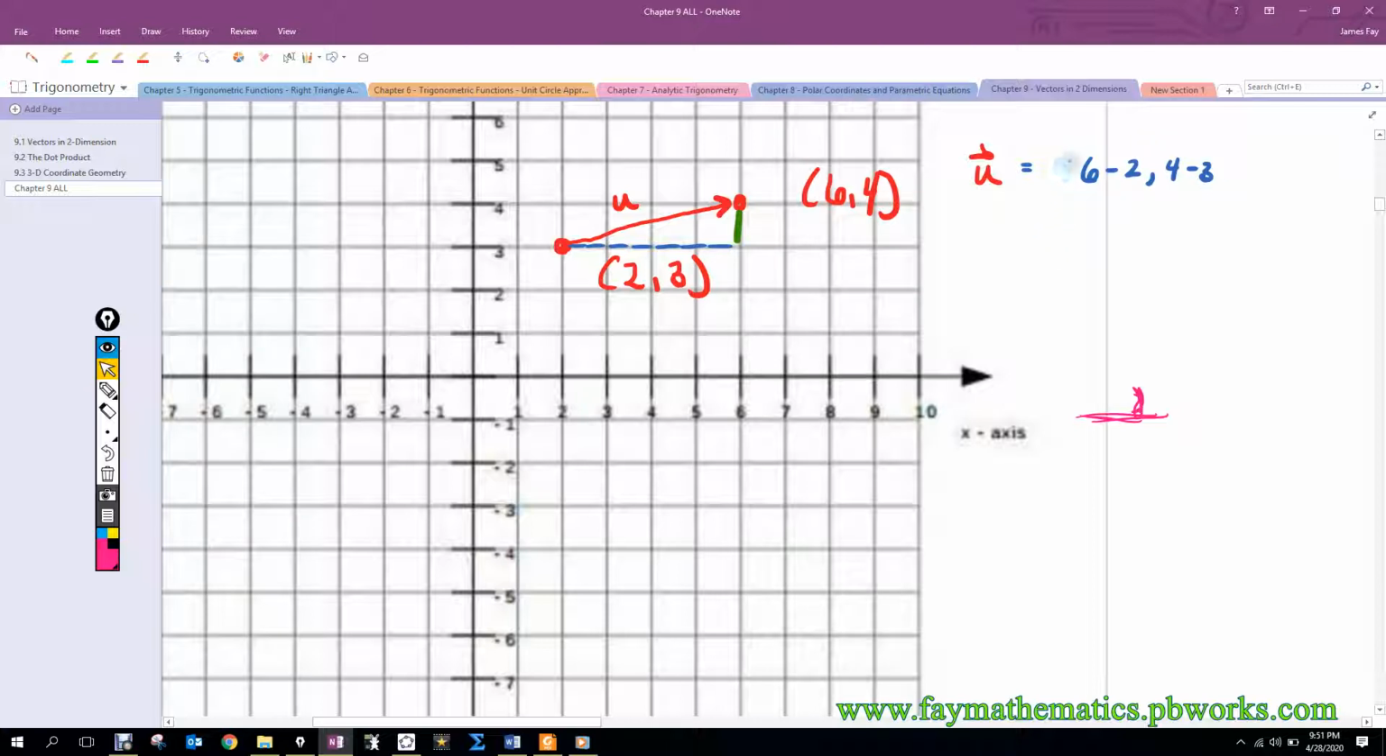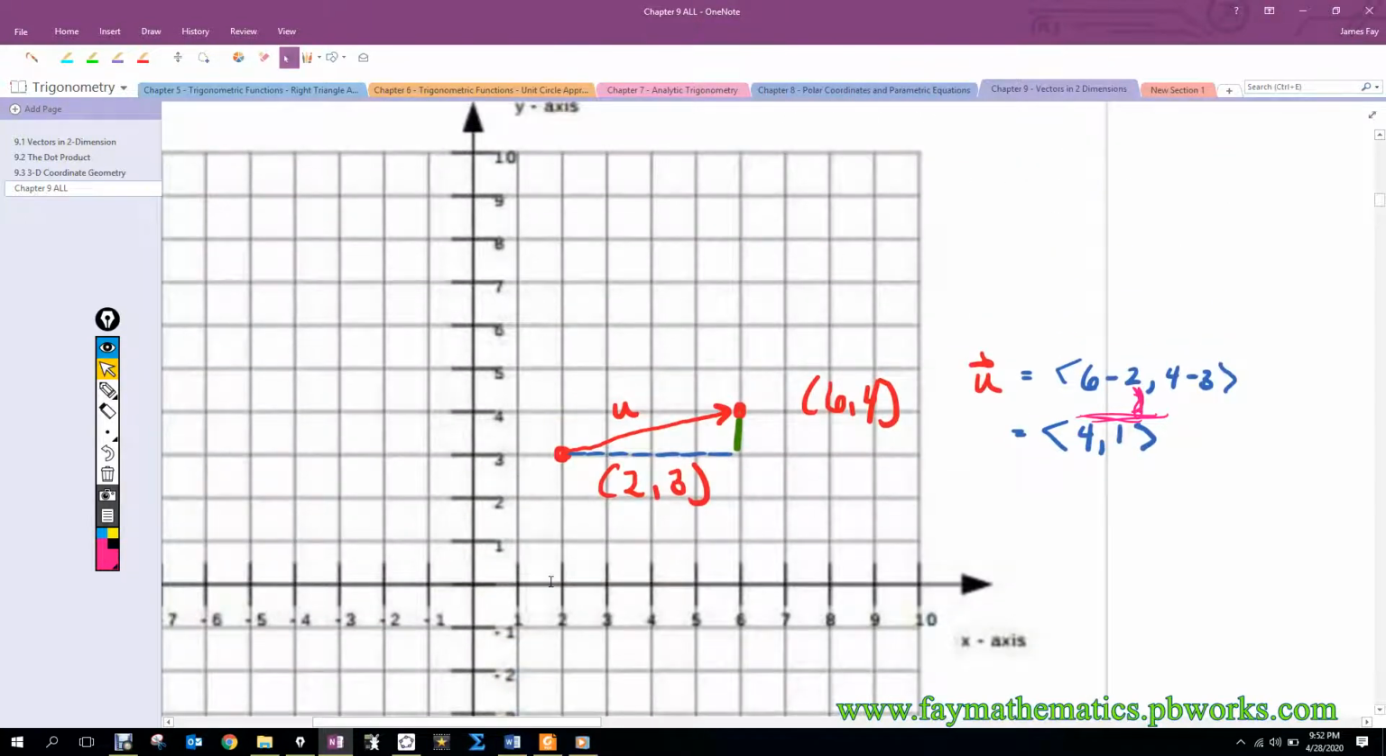Okay. Now, something that we do, instead of putting just a notation thing, we put these kind of angle brackets to denote that we're talking about a vector. So when I go 6 minus 2, so 4, and then 4 minus 3 is 1. So the position vector here is ⟨4, 1⟩. So what I'm going to do in